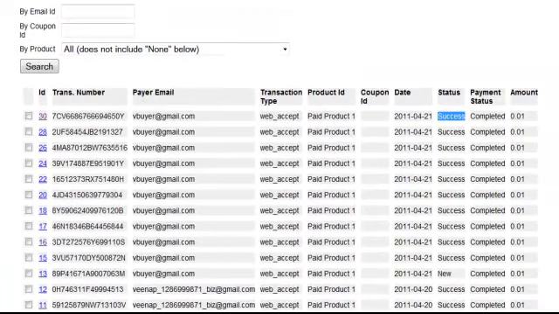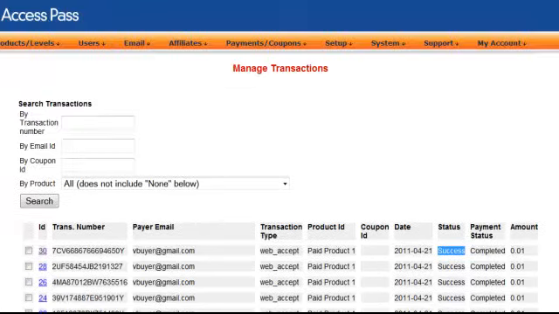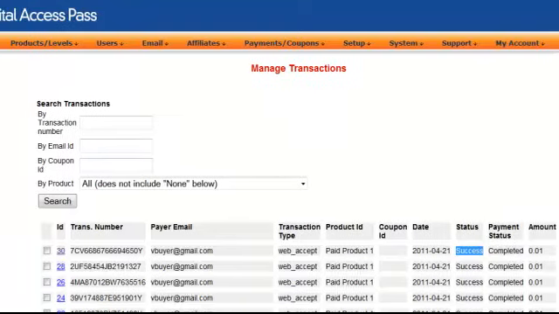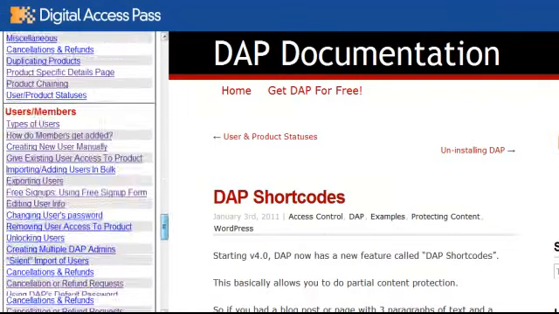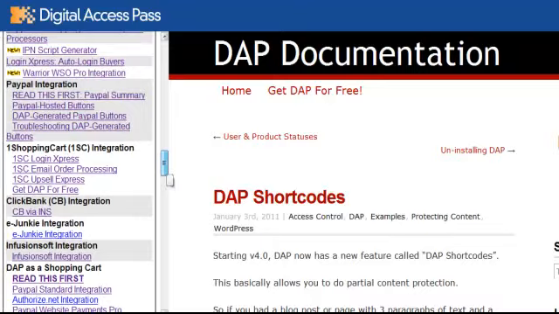If you don't even see a transaction here after you complete a test purchase, right after you integrated your shopping cart or payment processor with DAP, you hit search and you don't see the transaction, it means either the IPN URL that you have set that allows the shopping cart or the payment gateway to point to DAP, maybe you didn't set the IPN URL correctly. So something you did not do right. And again, go back to documentation section, look at the setup, follow step-by-step instructions, and make sure you didn't miss